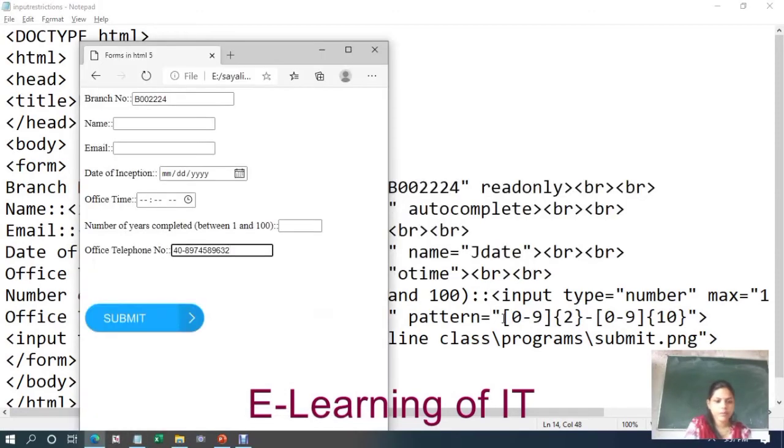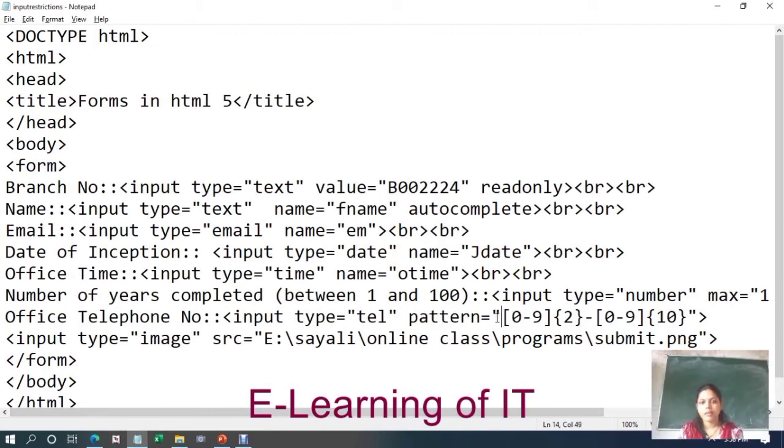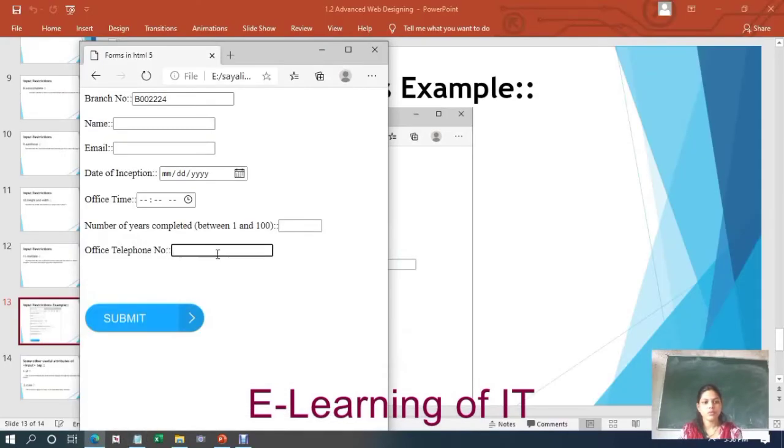Again save the program, refresh it, and then first two numbers, any two numbers can be there, then 10 numbers, 1 2 3 4 5 6 7 8 9 10. So your phone number will get accepted. Okay, see here a single quote was present over here, and because of that, that single quote was also in the expression. So you have to write a program very carefully so that no error should be there. If you write any wrong number, it will reject the input.